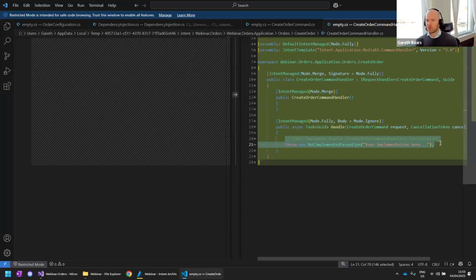And what is remaining here is what we call the placeholder pattern, where we're essentially prompting the developer. We're saying, dear developer, you now need to go and write the business logic implementation for the create order command handler. Now, what is important to keep in mind from an Intent Architect perspective, when it comes to automating predictable and repetitive code, is that you can automate anything that is predictable and repetitive, but you can't automate through the modules, in the traditional sense at least, anything beyond that, right?